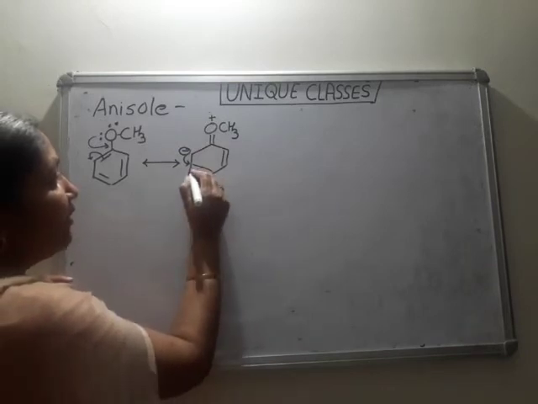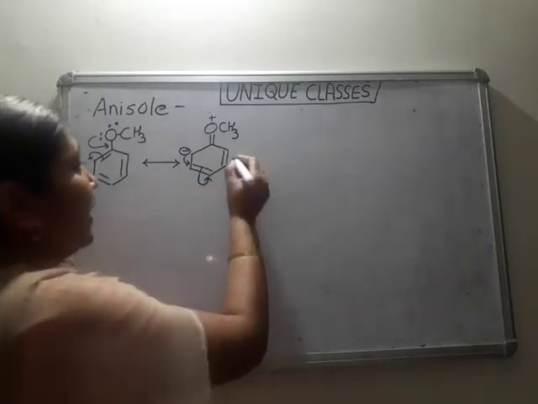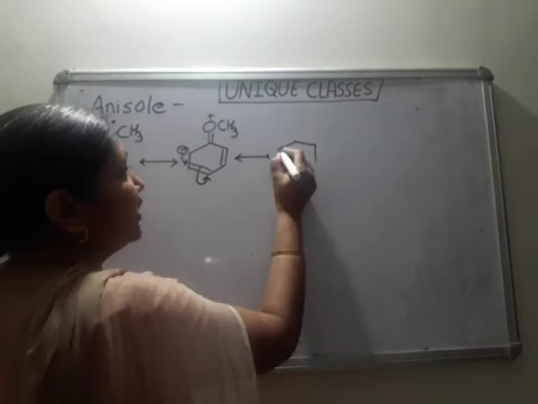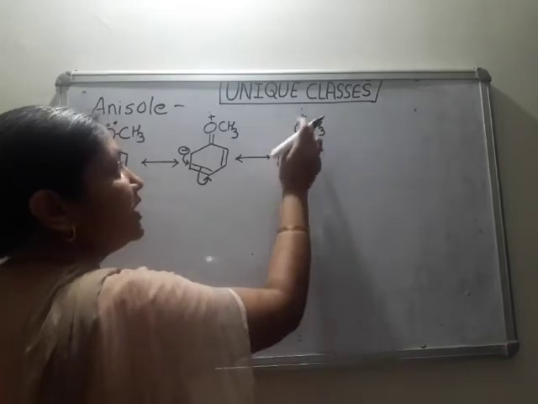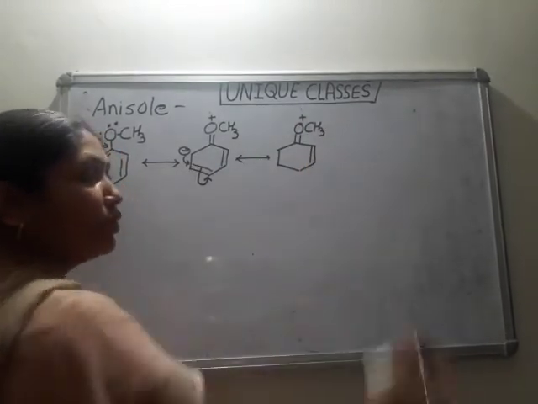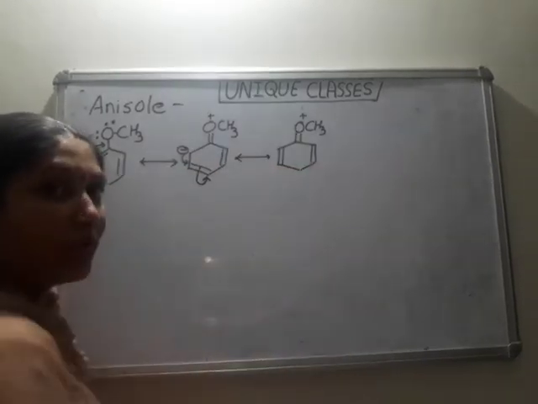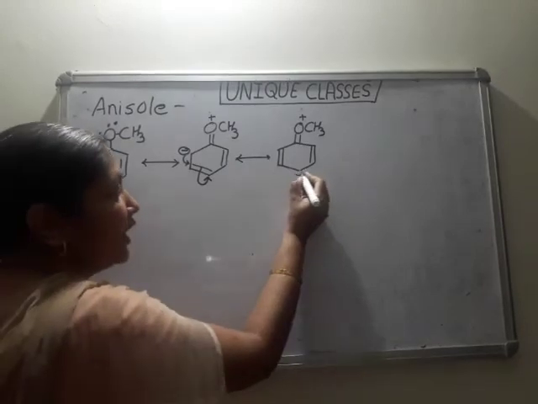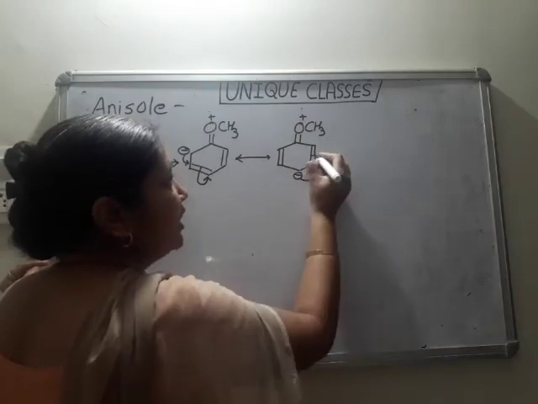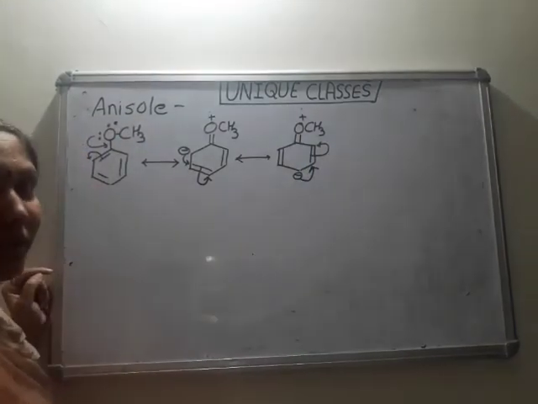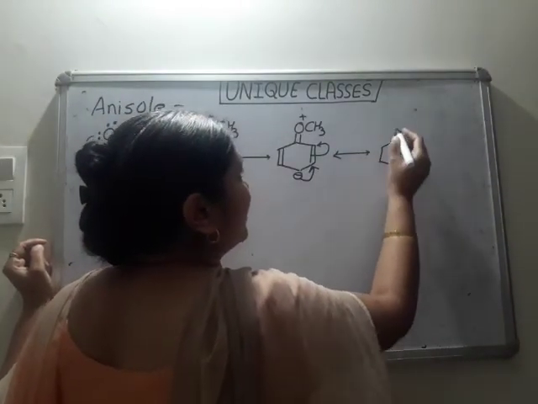To maintain its tetravalency, this carbon breaks its partnership with this carbon, and we get the structure here same as it is, no change. It has given its electron, so it gets positive charge. Here no change, so keep it as it is. Now due to this attack, a new bond is formed between these two, and this bond breaks, so negative charge is developed here. Now this negative charge attacks on this carbon and it is broken in this way. It breaks like this. And we get another resonating structure.